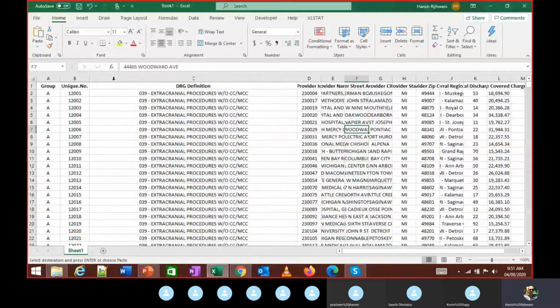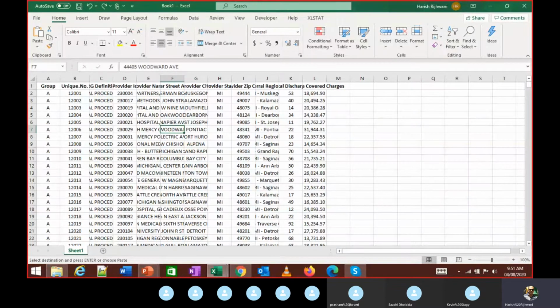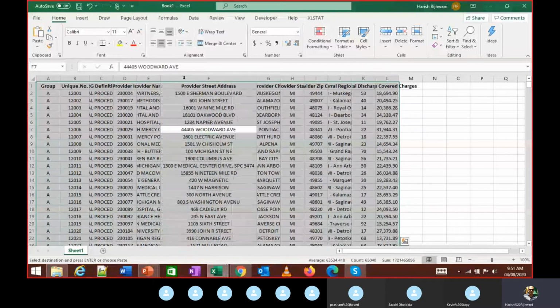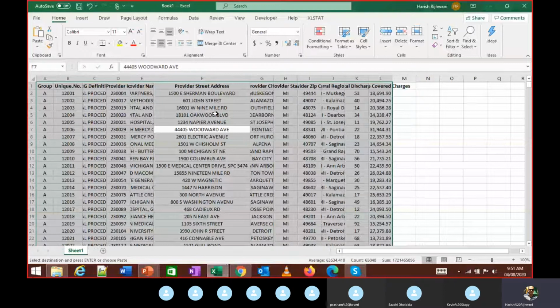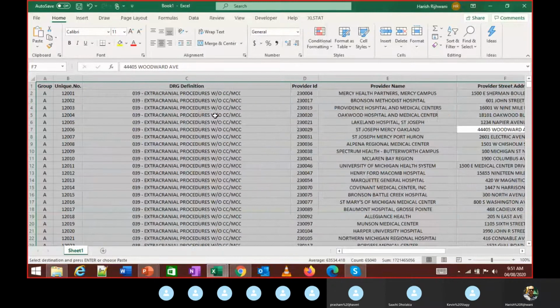In the same way, I can manually go on doing this for each and every column, but the easiest way is when I have selected the data, I use a shortcut, Alt O C A. So let me repeat that.